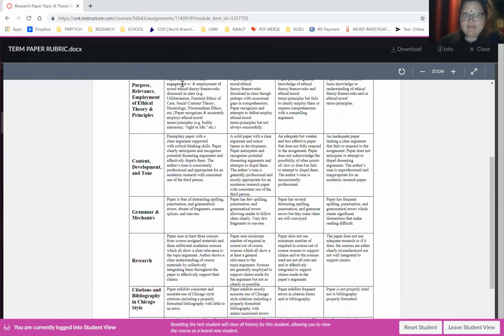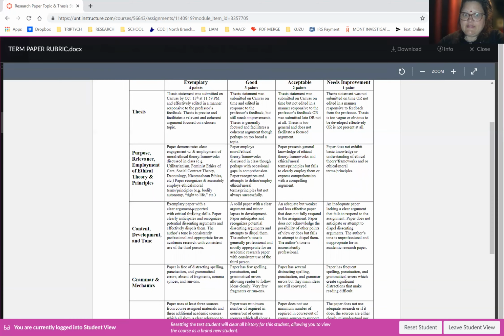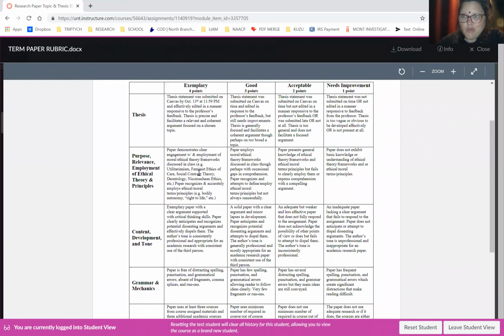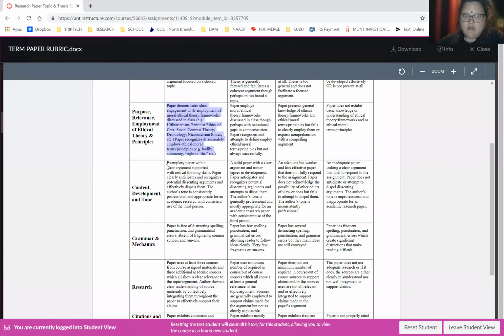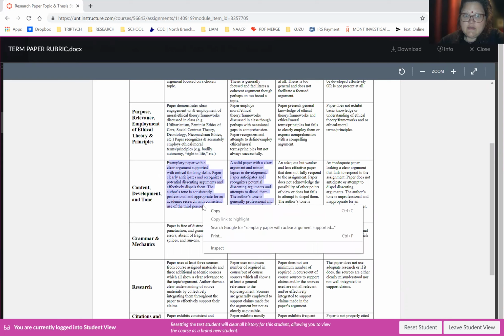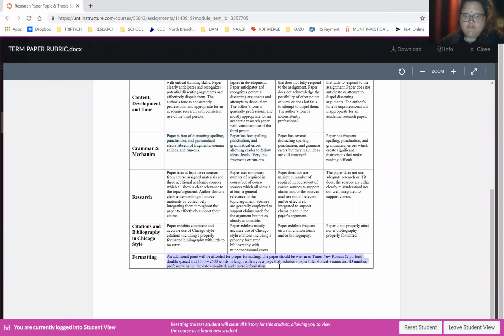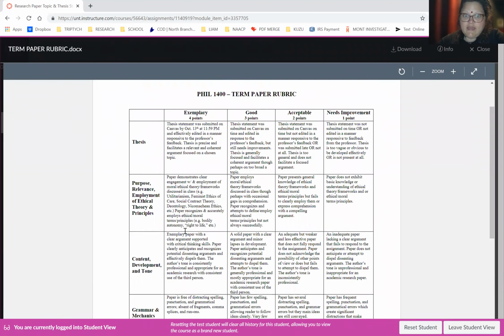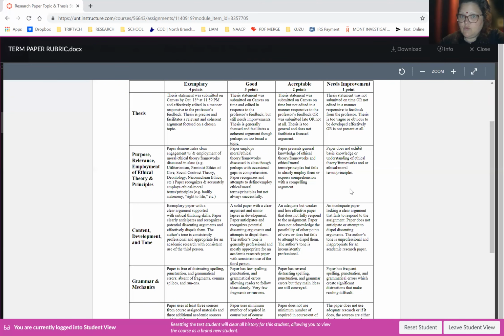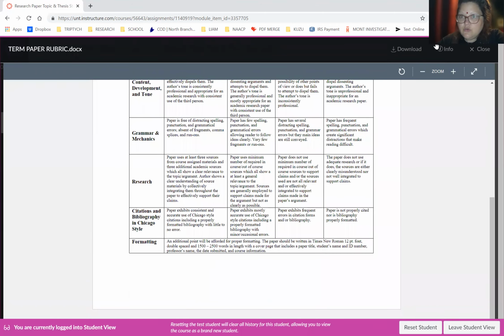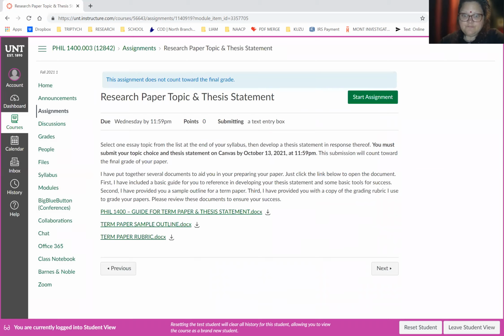You want to get 4s all the way down. So if you want to write a paper that's going to get you a 25-point paper, right? Then you need to be shooting to hit the criteria that's in this first box all the way down, okay? That's what's going to get you full points, the first box all the way down, and then making sure that you get these formatting things correct. But this is what an excellent paper looks like, and these things over here, this is what a not great paper looks like. So use this to guide your writing process. These things are all just additional tools for you.